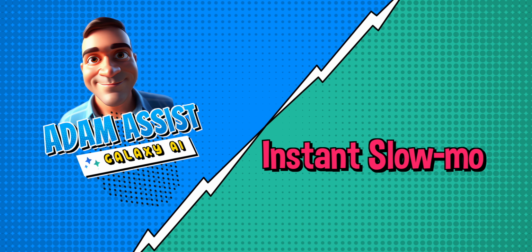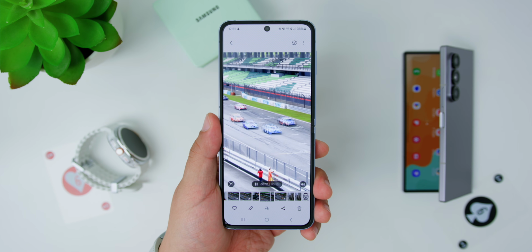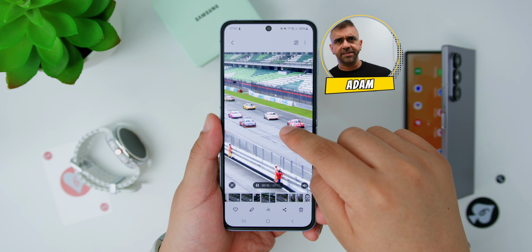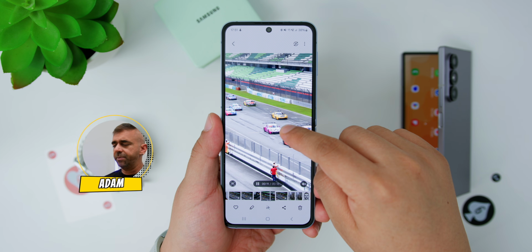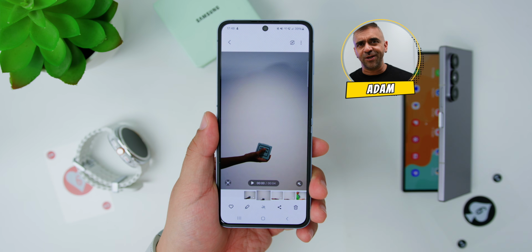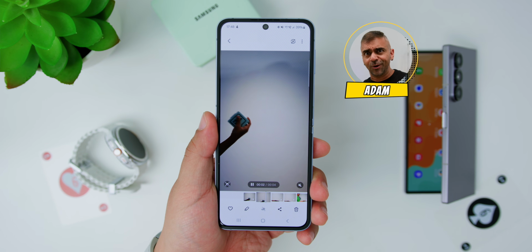Now, if you ever wanted to capture the epic slow motion movements, well, with this instant slow-mo, you can do just that. So let's say you took a video of a bunch of sports cars racing on the Sepang racing track and you want to slow it down to make it more epic. Well, you won't believe how easy it is to do it. Just open a video in the Gallery app and wait for the right moment to slow down the clip and just press and hold the video, and just like magic, it will slow down the whole video. And once you're happy with how long you want the clip to slow down, there'll be an option towards the left to save the slow motion video, and snap, it's done. So this works with any videos that you have recorded on your phone, or even if you didn't record them as well. So now you can make every video epic.